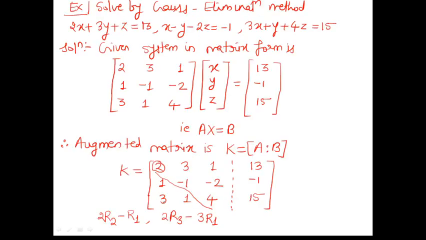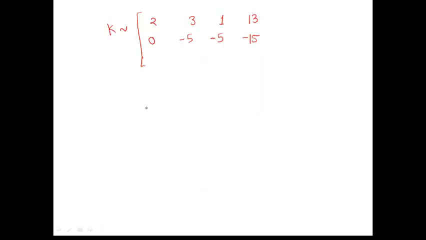Now let's find out the change in the third row. 3 is getting multiplied with 2, 6, this is multiplied with 3, 6 minus 6, 0. Then 2 minus 9 is minus 7, and then 4 times 2 is 8, minus 3, so that is nothing but 5. So here it is 0, minus 7, 5.